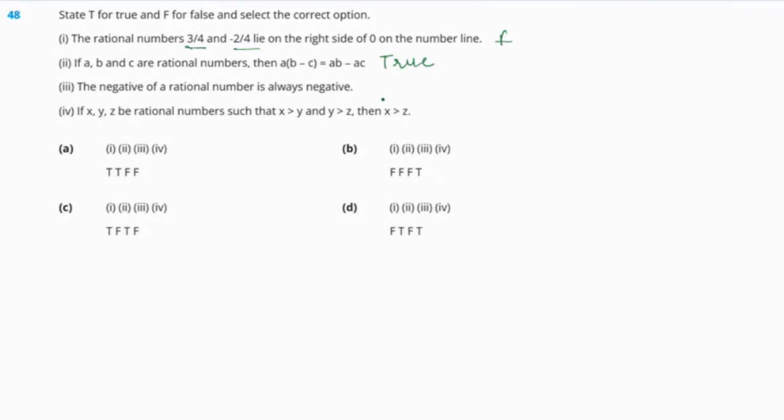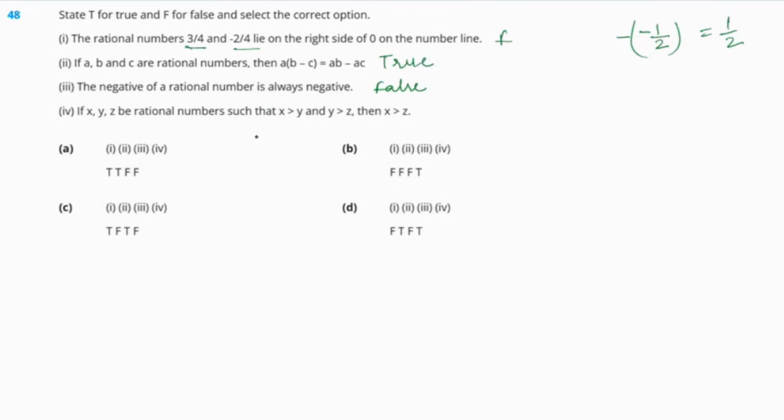For this, we can say the negative of a rational number is not always negative, because the negative of a positive rational number like 1 by 2 is minus 1 by 2. But the negative of a rational number like minus 1 by 2 is positive 1 by 2 only. If we have the number minus 1 by 2 and need to figure out its negative, it will turn into positive. So we cannot say that every time it is going to be negative. So that is why it is